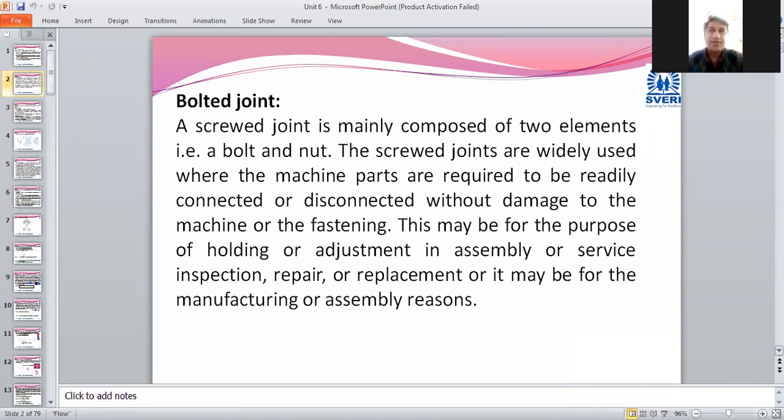And later on, we are going to see riveted joints. Nowadays, very few machineries or components are there where riveted joints are used. But in the previous century, in the 20th century, you can see much more applications of riveted joints. Because at that time, the welding procedure was not invented, or it was invented but was used for limited applications. Getting me? In that case, for huge constructions, riveted joints were prepared.